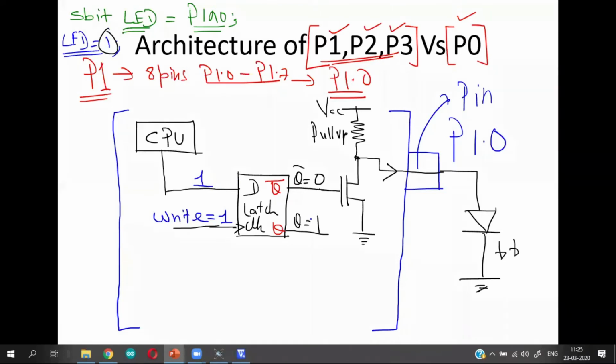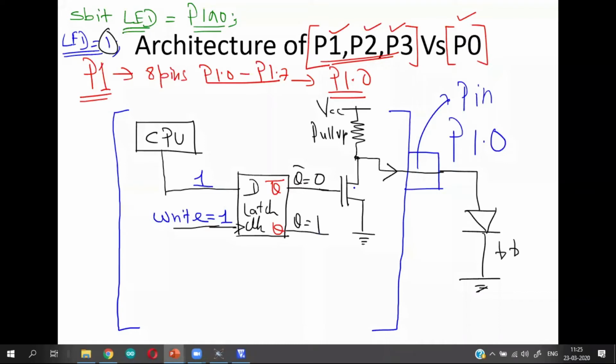This 1 is passed to the Q output, because as you are aware of the functionality of a D latch, as long as the clock input is a 1, Q output takes the value of the D input. Since the D input is a 1, Q output is also a 1. Q bar output will be a complement of Q output, so this becomes a 0.